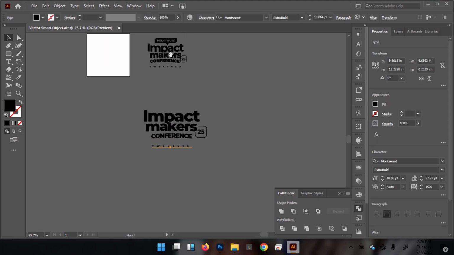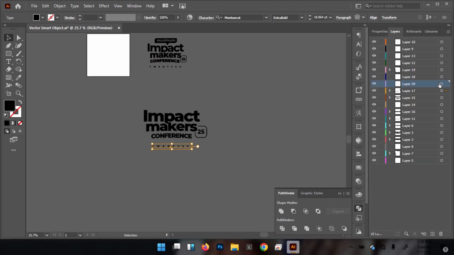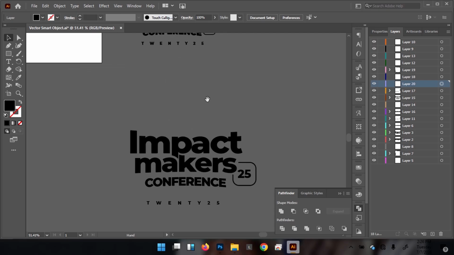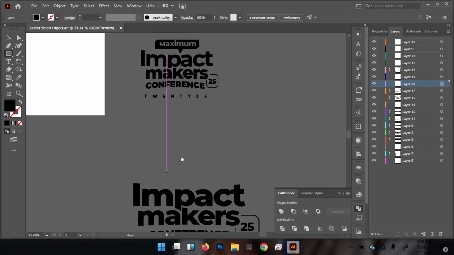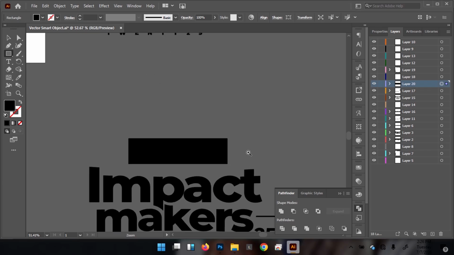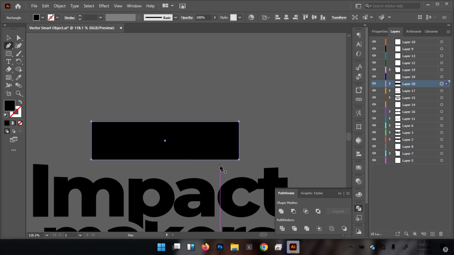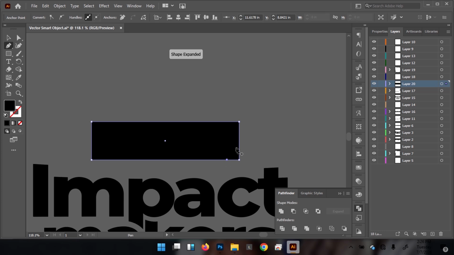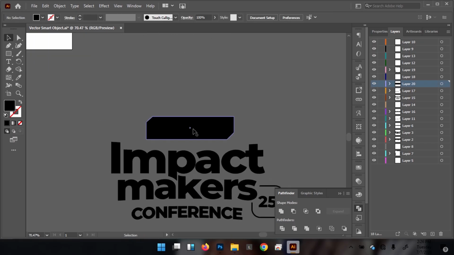Then let's work on this one on top. Click create a new layer like so. Okay, and M for this particular rectangle 2, and then left click and drag like so. P for the pen to click here to add a point, click here to add a point. Okay, left click. Okay, left click to subtract, left click to subtract,